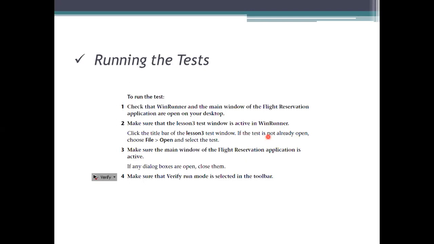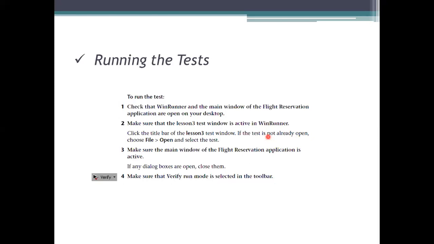Here we need to open a test, and this test that we are using has been recorded. Before starting the recording, we need to see whether the main window we are using for this flight reservation, the first initial window, is active or not. If it is active, just specify that, flight reservation will be placed, and you can proceed with your actions. After that, we need to start running the test on that application.